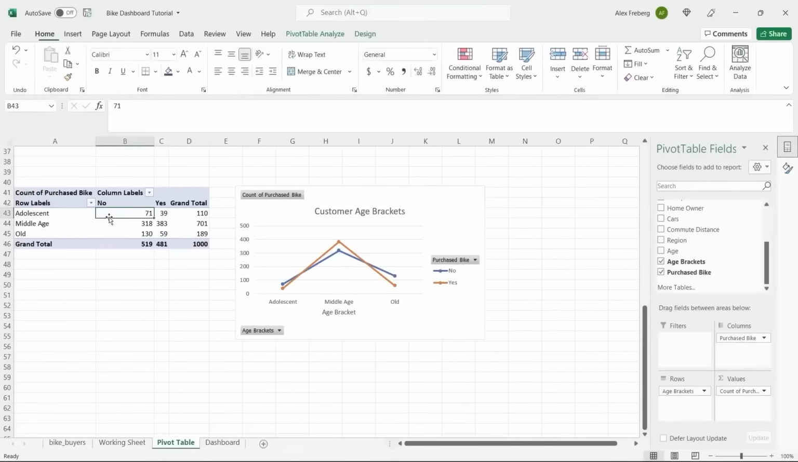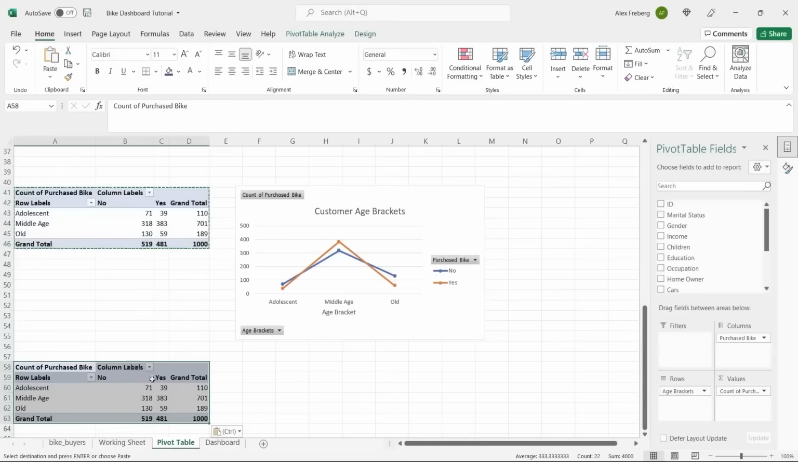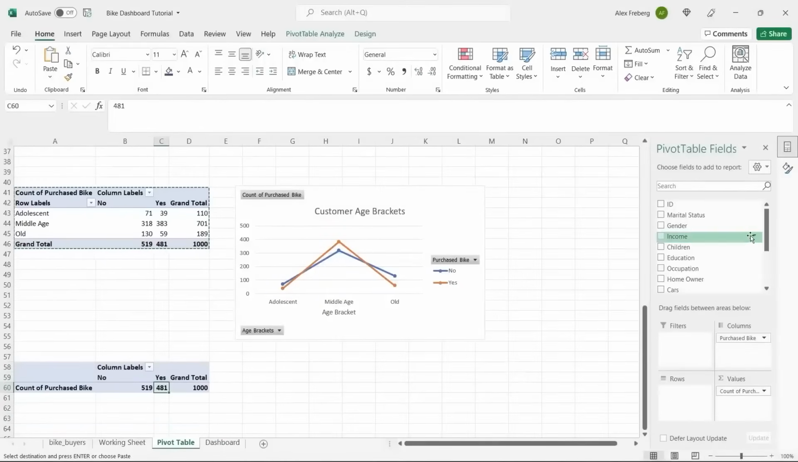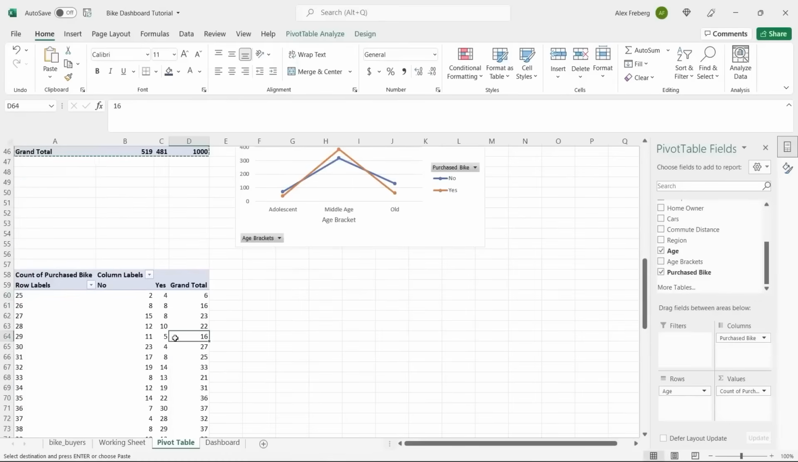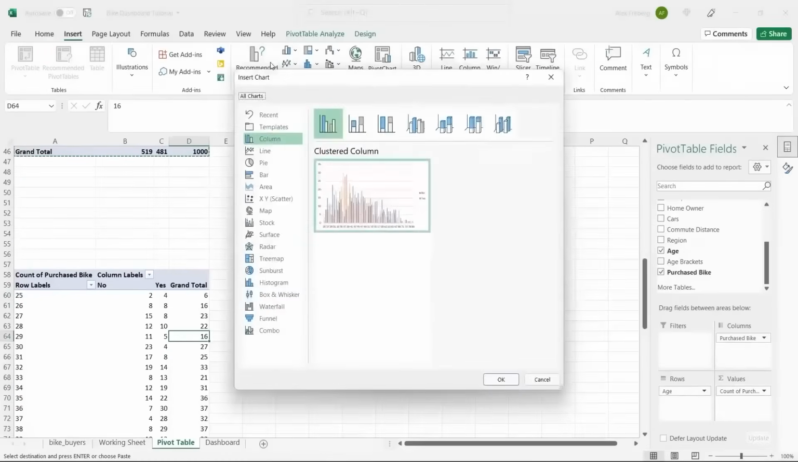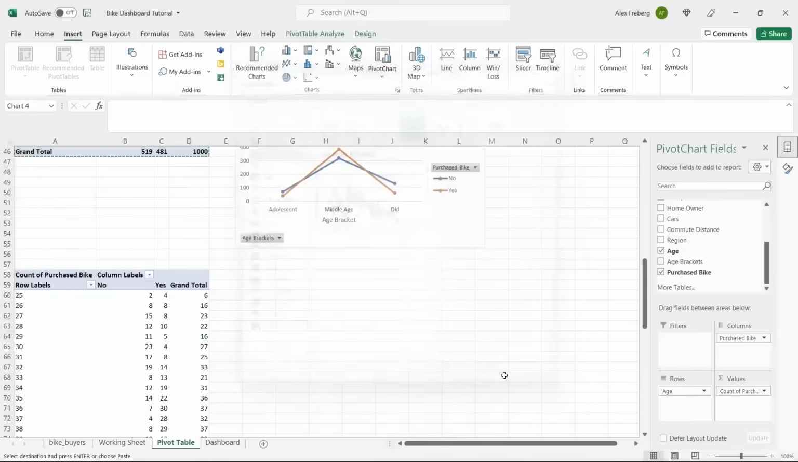For comparison, let me see if I can copy or use this real quick. Instead of the age brackets, I'm going to get rid of this and use the age. And then let's insert a recommendation. We'll use a line and we'll use this. So